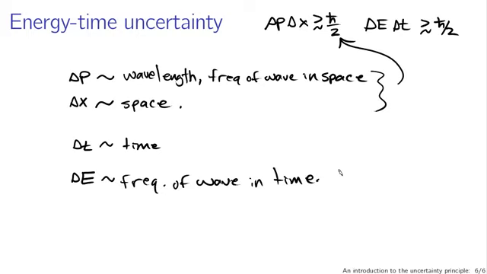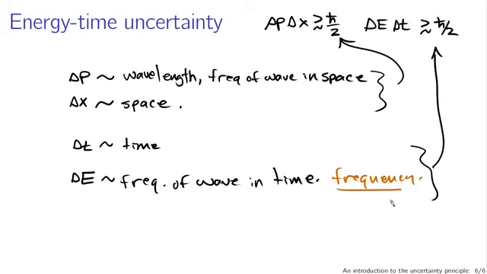And that's simple, that's just the frequency. The fact that these are also related by an uncertainty principle tells you that there's something about energy and frequency in time. And this is something that we'll talk about in more detail in the next lecture